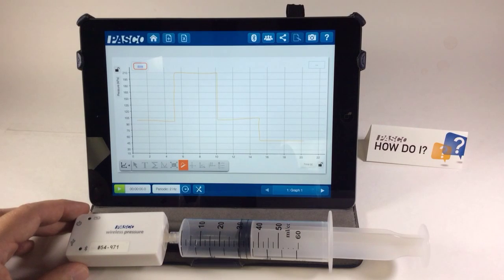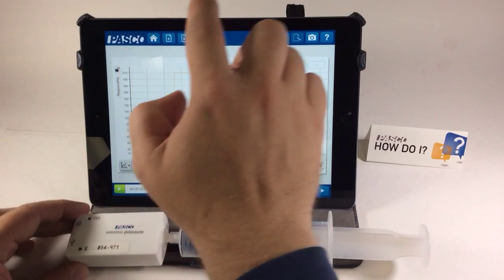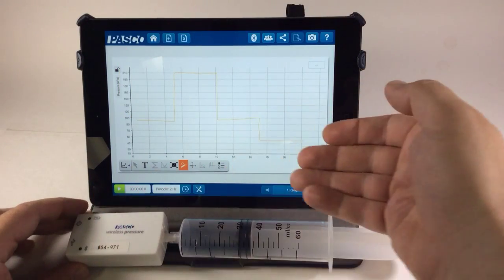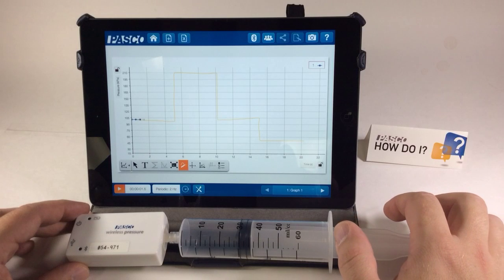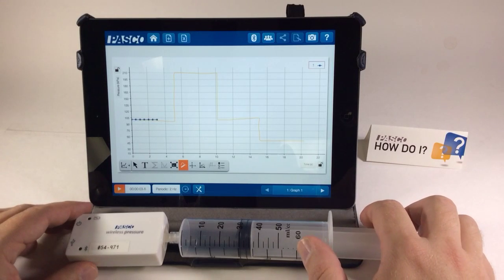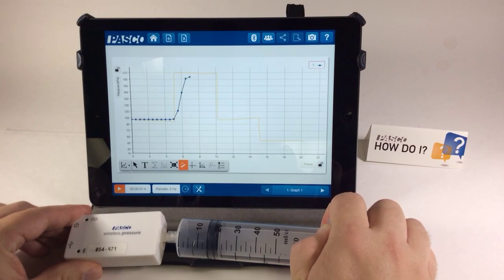So you can see that my drawn prediction is here in orange. Once I'm happy with my prediction, I can hit the Done button. And now I'm ready to collect data. So I'll press Start, and you notice that my data is collected in the same graph, so I can make the comparison easily. And at that 5 seconds, I'll compress,